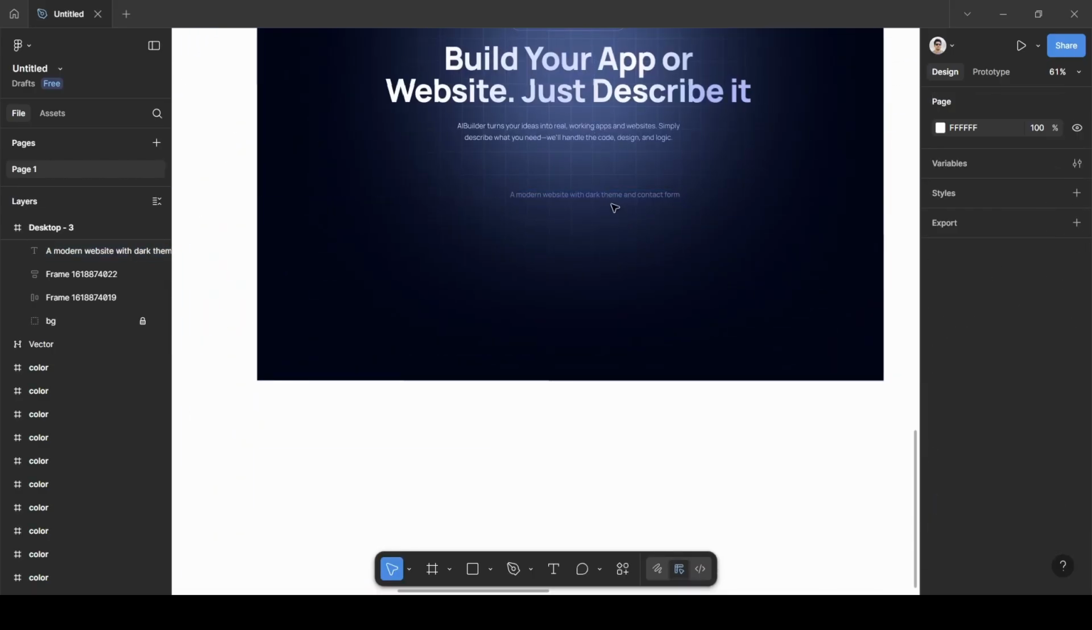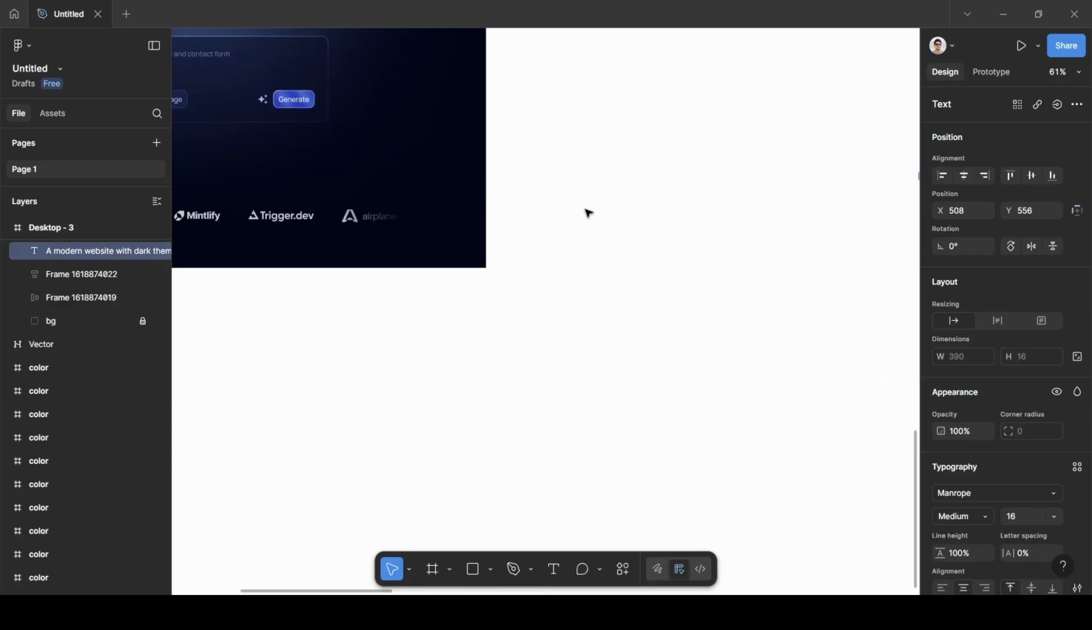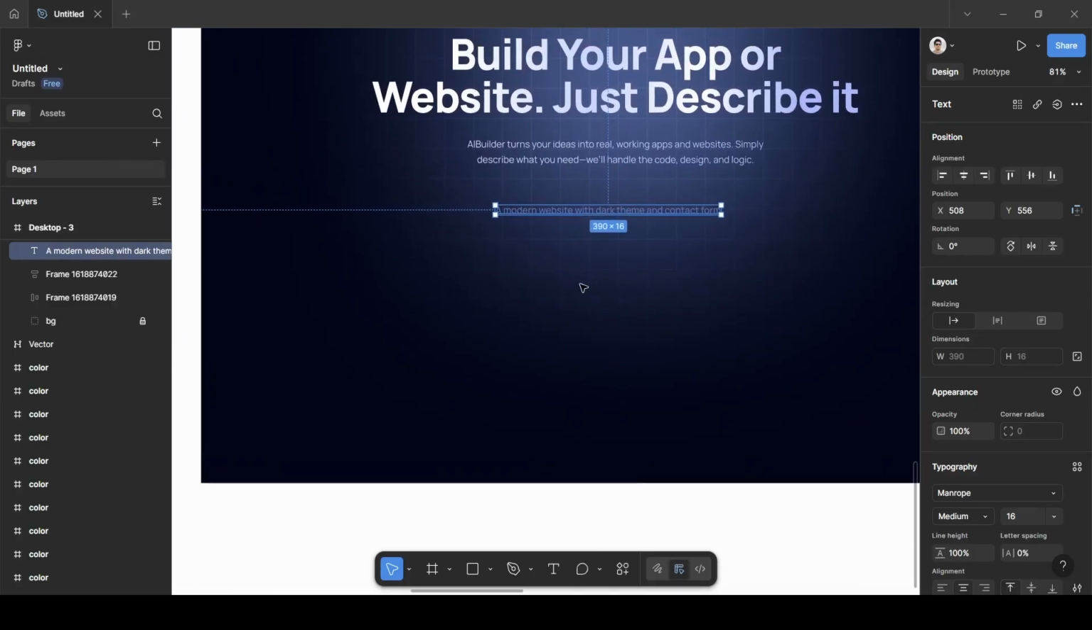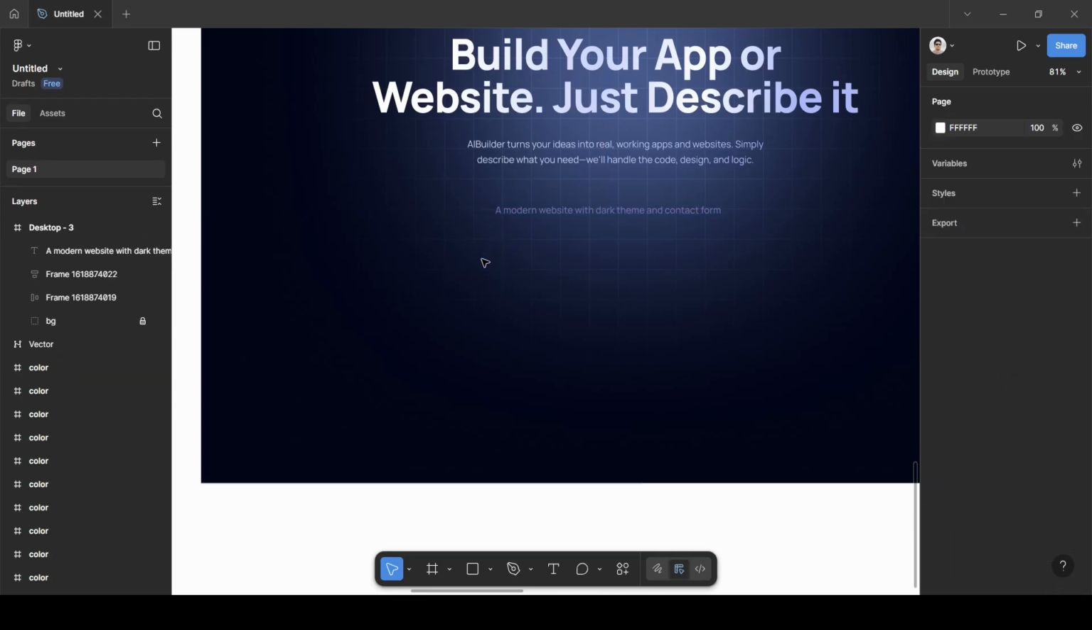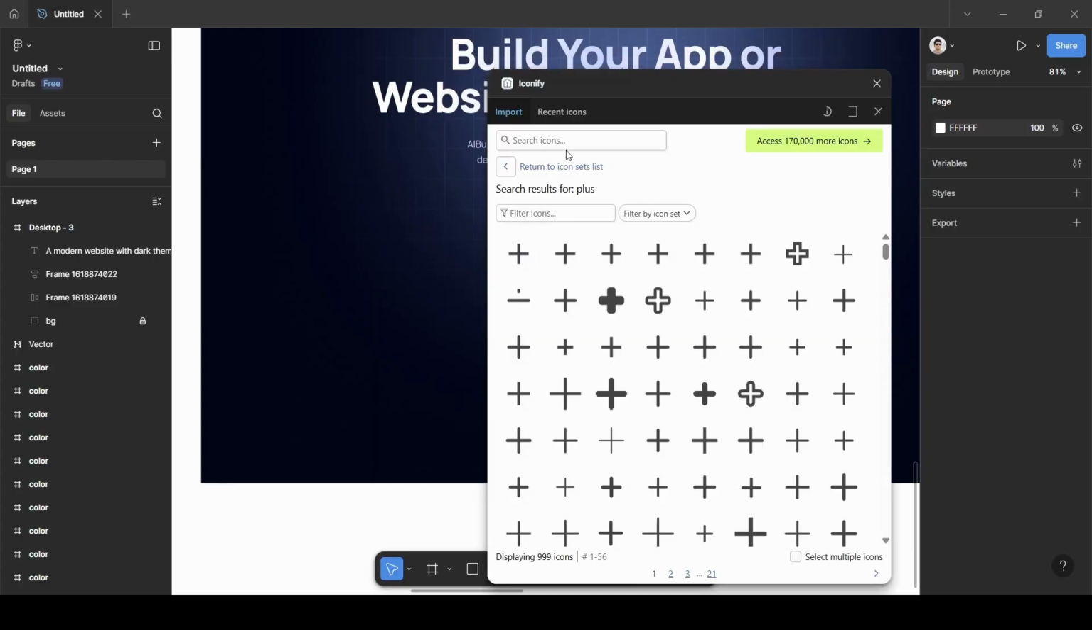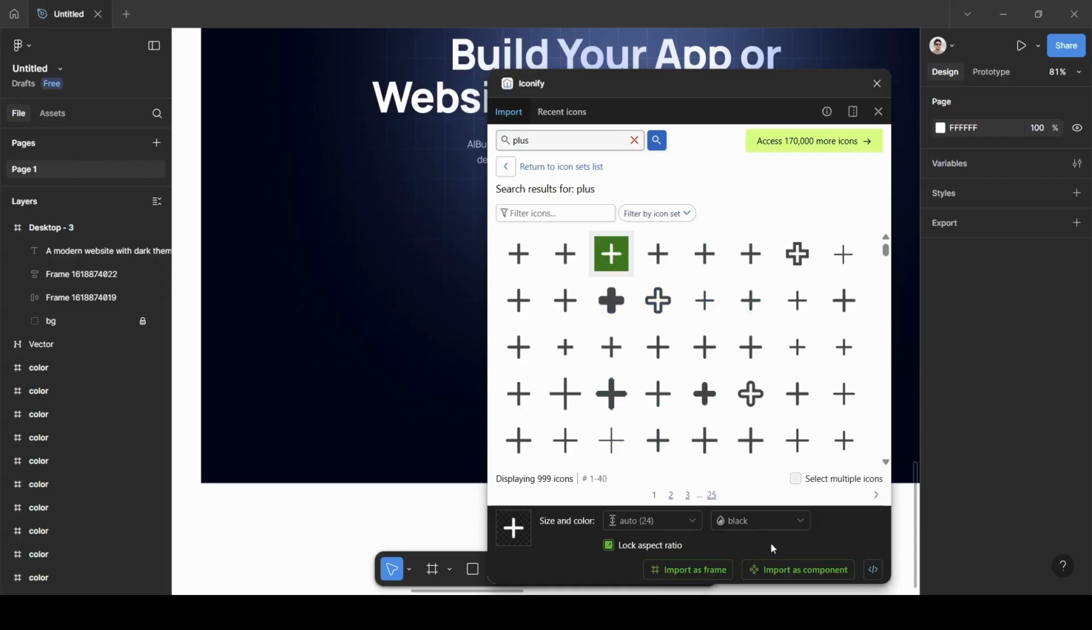Okay, and next thing we need to do is we need to create these buttons. So to make these buttons we need an icon there. Okay, let's delete this frame. So to get that icon, we will go to our favorite plugin of icons, Iconify. Then we will search plus there, and I already did. You can see plus icon, collection of plus icons there, and I think this looks okay to me. So we will import it as a frame,